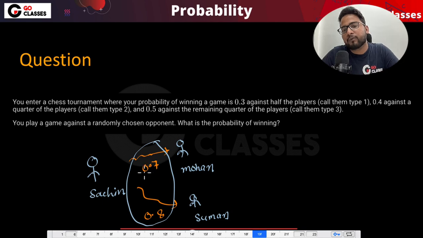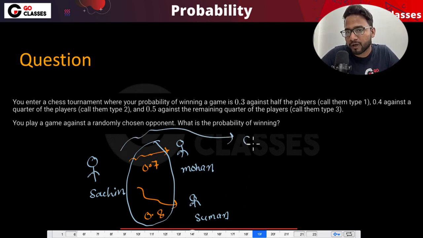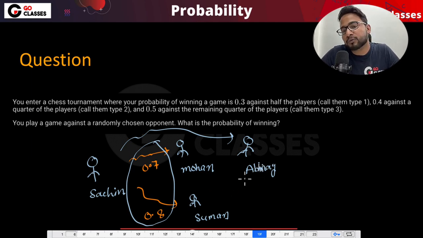The reason is very simple. When I'm talking to Mohan, Suman does not even exist, right? Which means I'm only dealing with Mohan. So this is the probability of me winning against Mohan. What is the probability of me winning against Suman? So these are two different probabilities. I can even have multiple friends. Let's suppose there is one more friend that I have, and let's call this friend Abhinay. Suppose this player is so strong, and if I ask you the probability of me winning, maybe it is very less, maybe let's suppose this is 0.1.